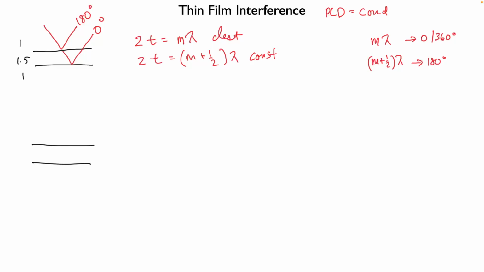This time we're going to have 1.3 and 1.5. So maybe we've got a thin layer of oil or water sitting over the top of glass. Just as an example, okay? So first ray bounces off, second ray bounces off. Again, it's not a technical drawing by any means. It's just a visual anchor. Turn to your neighbors and tell them what the phase changes are for both of those reflections. Go.